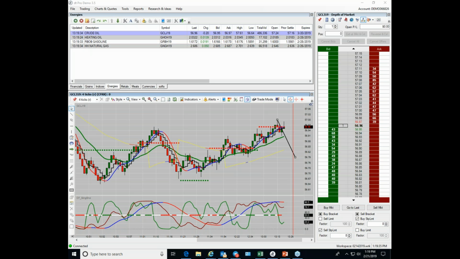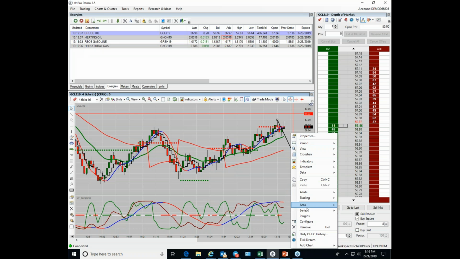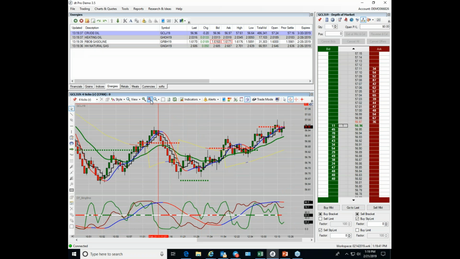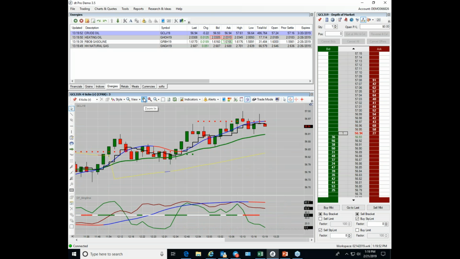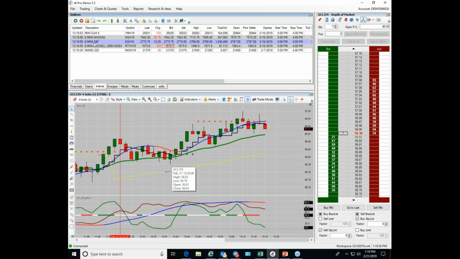So habit number 2 to get into. Number 1 is get in the habit of zooming out. That means looking at more. Don't change time frames. Don't go to the 5, 30, the hourly. Just zoom out, a couple clicks. The other thing is, as soon as you get a cross, a bullish or bearish cross,